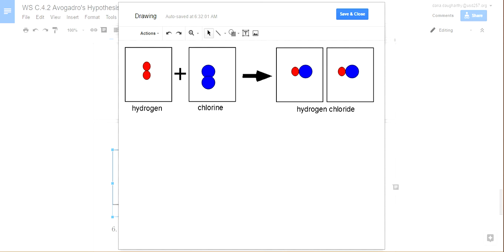one particle, one particle, one particle, one particle. Avogadro's law satisfied. Two chlorines in the product, two chlorines in the reactants. Law of conservation of matter is satisfied. For the hydrogen, same thing. Two in the reactants, two in the products. Therefore, both Avogadro's law and the law of conservation of matter are satisfied. So,